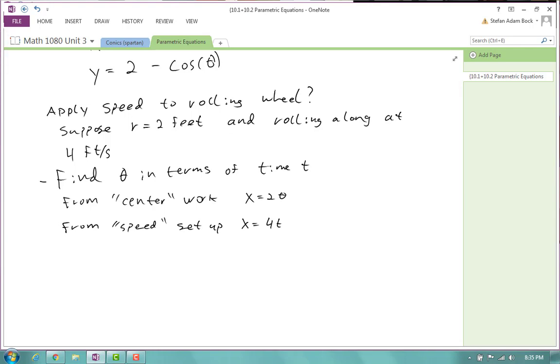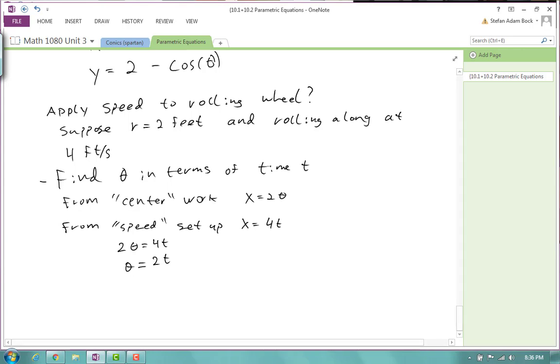So if I set these equal to each other, I have that 2 theta should be equal to 4t. For example, if 1 second has elapsed, then the center of the wheel will have traveled 4 feet, and that corresponds to a number of radians which have been revolved. Or if I were to set a particular angle, I can find out how much time it took to roll that far. So this means that theta is equal to 2t,